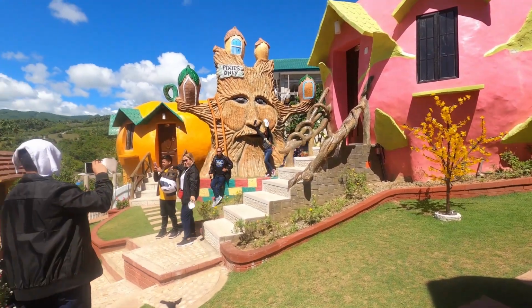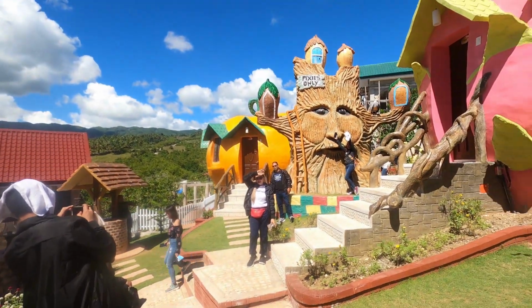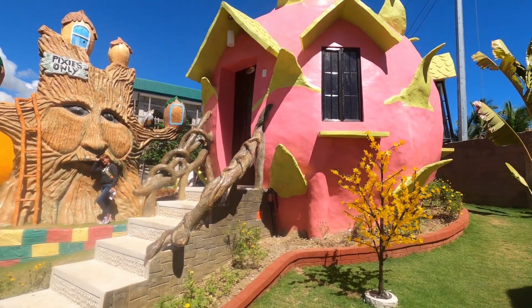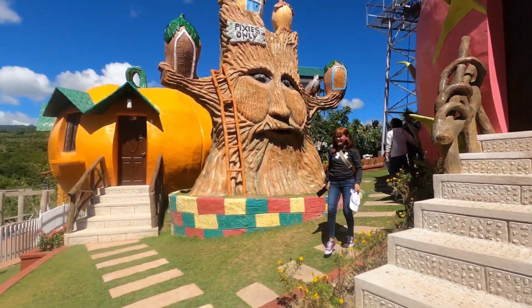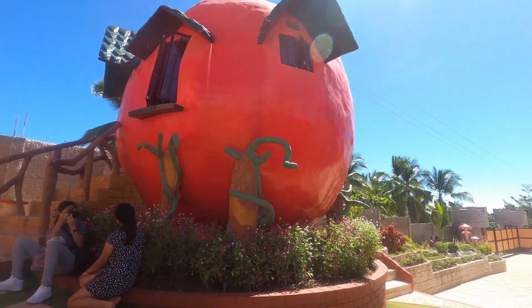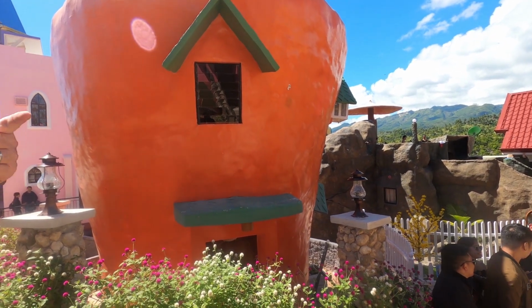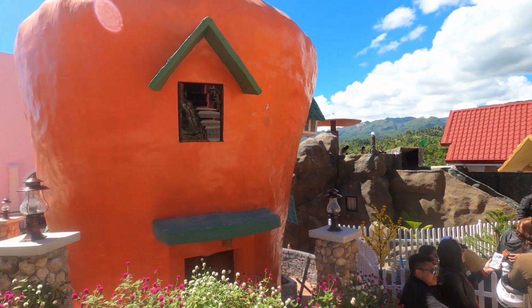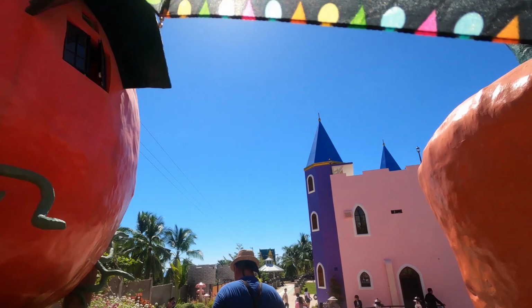So if you have time, there's a lot of picture taking. This is like, I don't know, pineapple something. That's a Pixies only. They have like a dragon fruit room. And this one, what kind of room is this? Tomato. So these are the rooms that you could stay. Orange? Yeah, orange. Oh, pumpkin. It's carrots, Daddy. Oh, carrot. Okay. Carrots, pumpkin, dragon fruit, tomato,